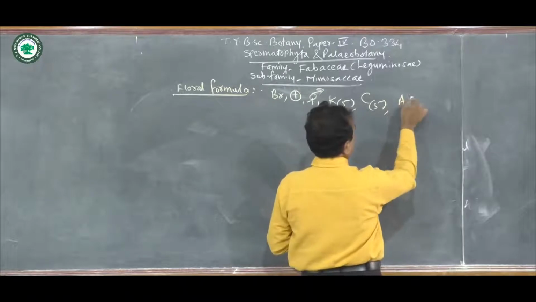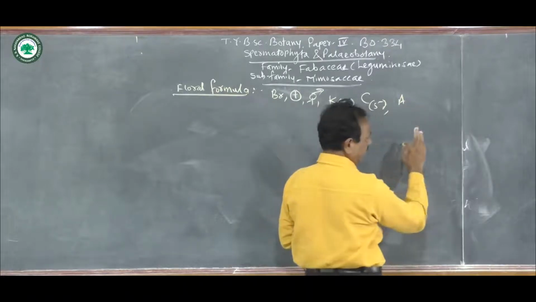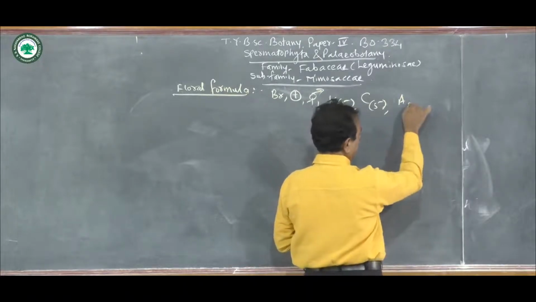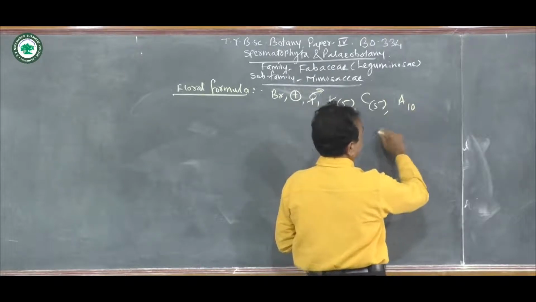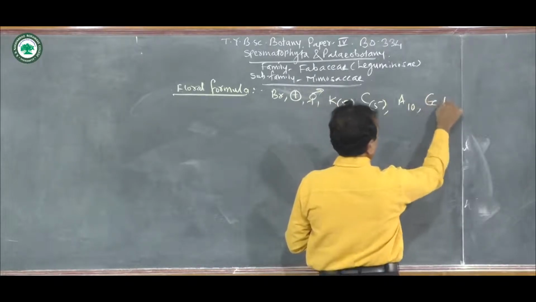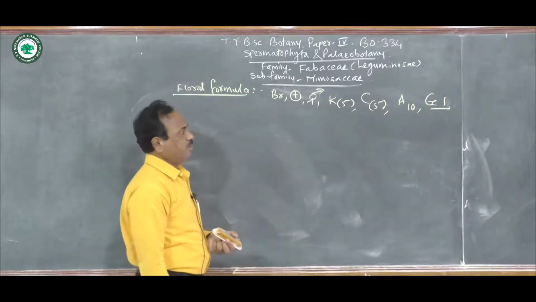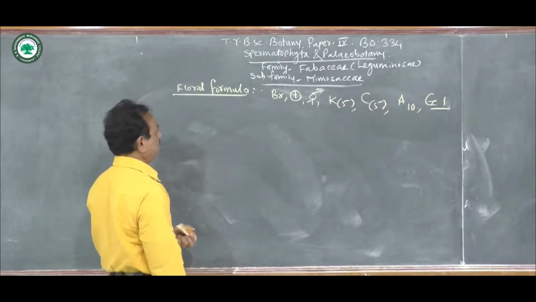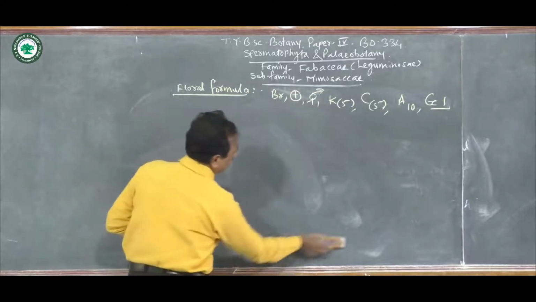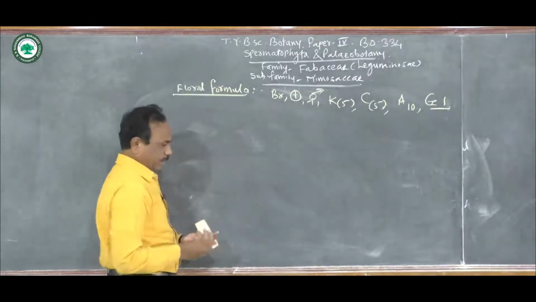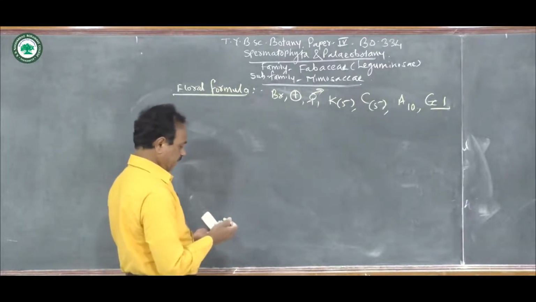Then Androecium: the number of stamens is variable. Here, suppose it is 10, they are free. Gynoecium: one carpel, having a superior ovary. So this is the floral formula. And now if we see the floral diagram of the family,